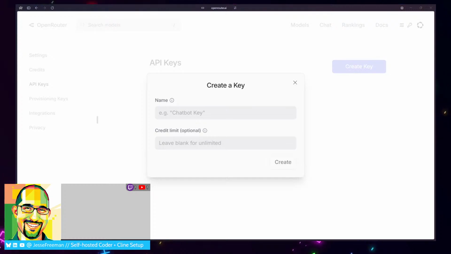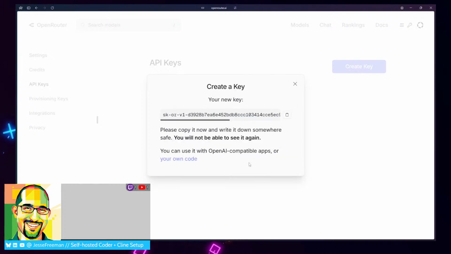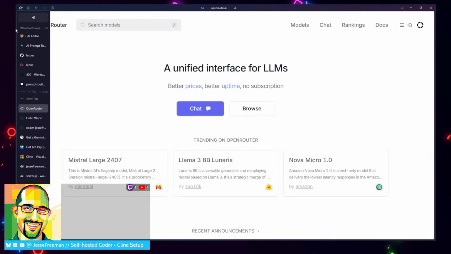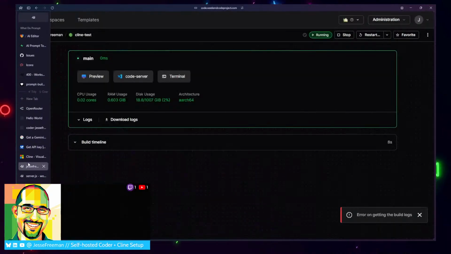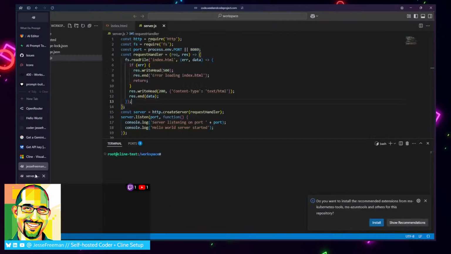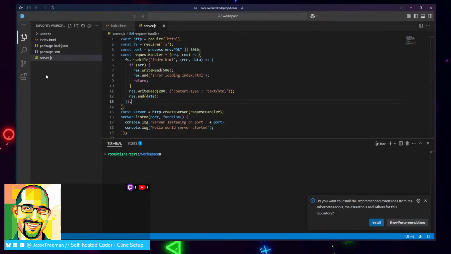What are we calling this one? This is just Gemini Pro Unlimited, not free. So let's try this out. We'll copy this key, close this. And now if we go back to here, now what we want to do is